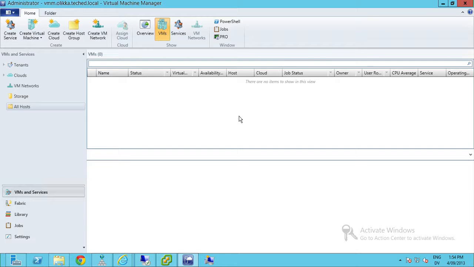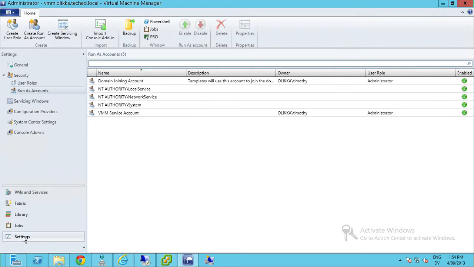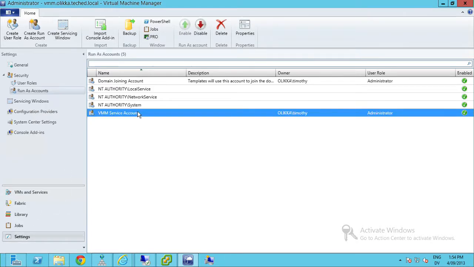Cool, okay. So here we've got just a freshly installed Virtual Machine Manager install. So no guests, no hosts, no nothing. If we go into settings down here, there's the VMM service account. So this is the account that VMM uses for all ongoing operations. If we want to get our VMware